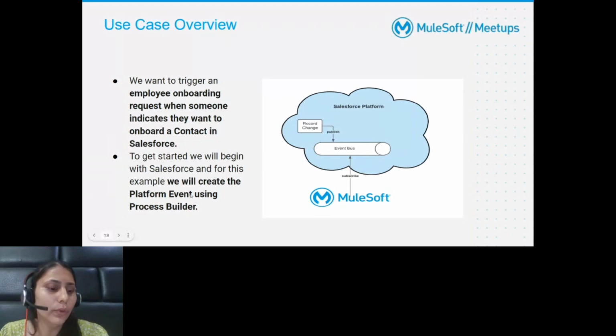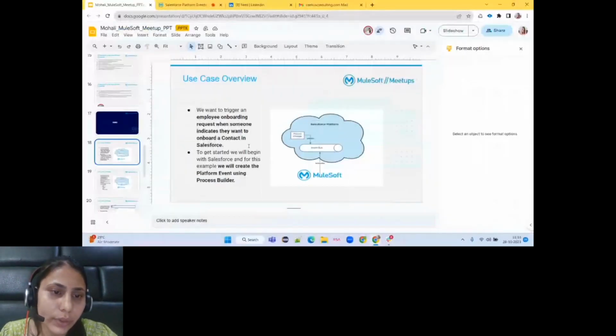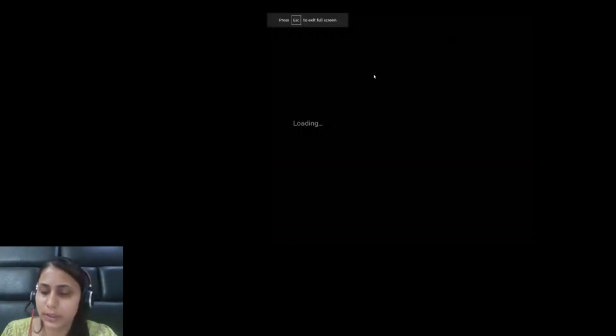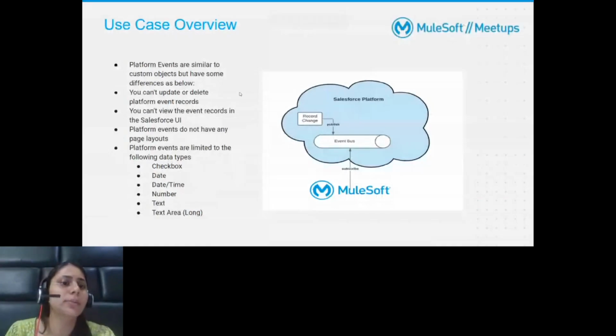As I already told you, we will be using Process Builder for that. Before moving to the actual demonstration, let me tell you more about platform events. They are very similar to custom objects, but with a few differences. For example, you cannot update or delete platform event records, you can't view event records in the Salesforce UI, and platform events do not have any page layout.